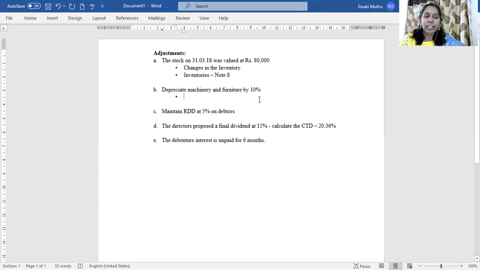What we have to do? That depreciation value should come under the category in the income statement, that is depreciation and amortization under note number 13. Okay, so the first effect is under the heading depreciation, that is note number 13. Okay, next effect.